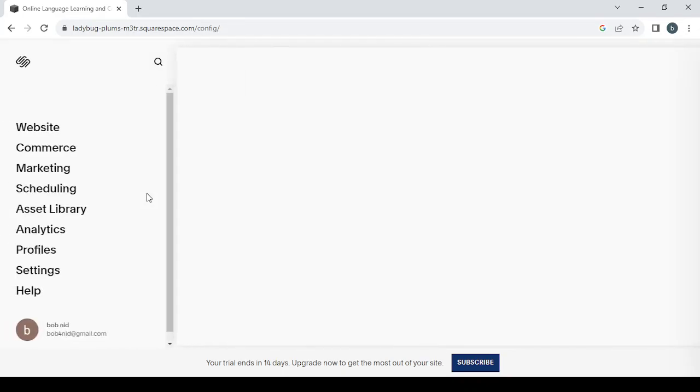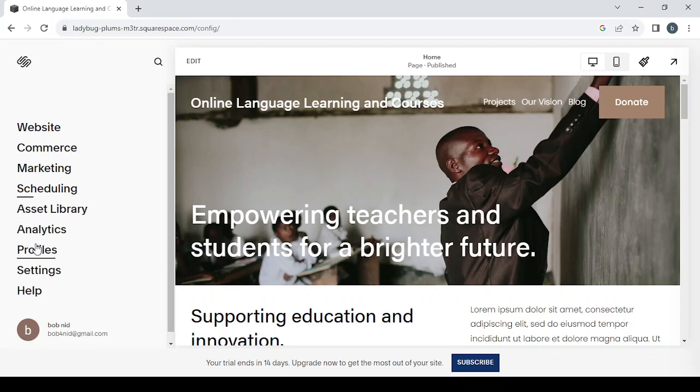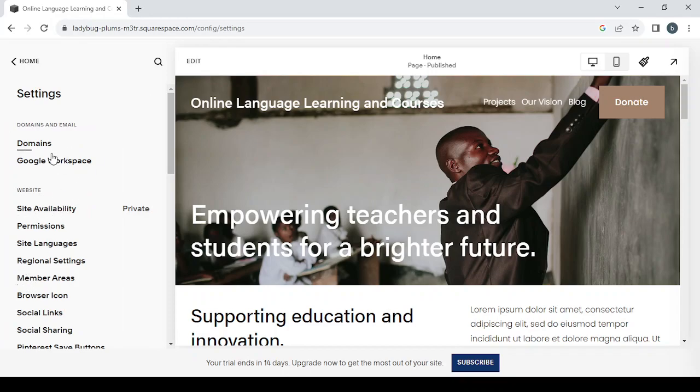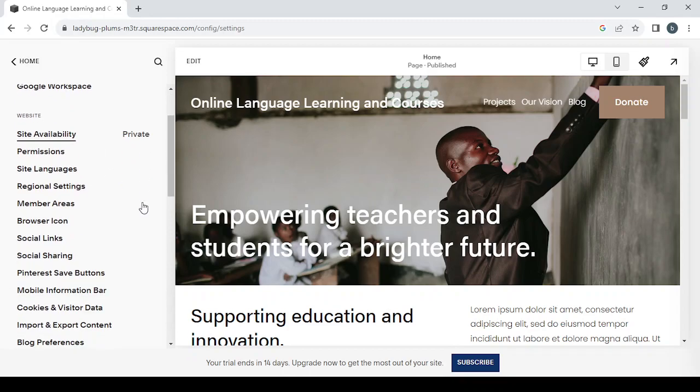And the next one is the profiles section, where you can see the profiles of your clients. And the other section, sorry, is the settings, where you can adjust a lot of things, starting from domains to the site's availability, from private to public, to the site's languages, and